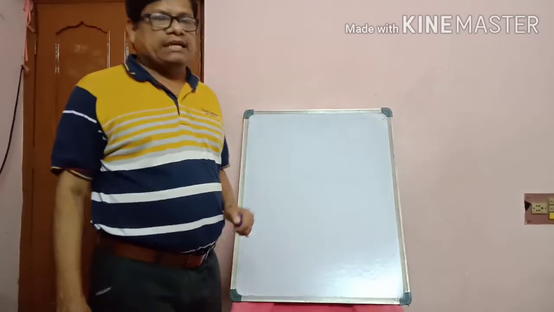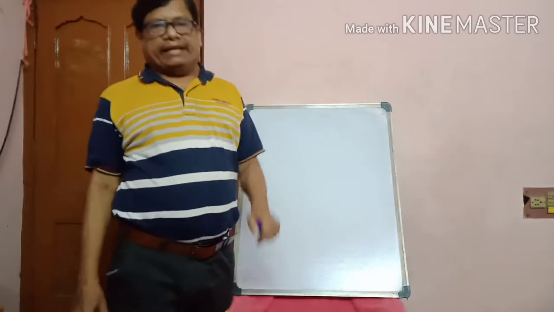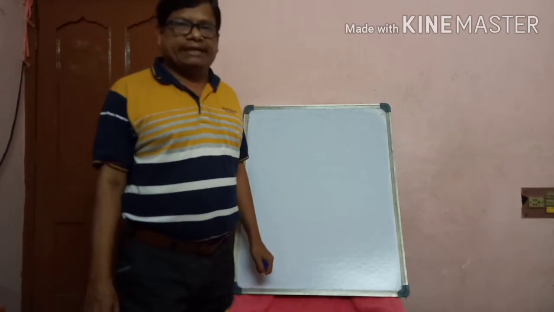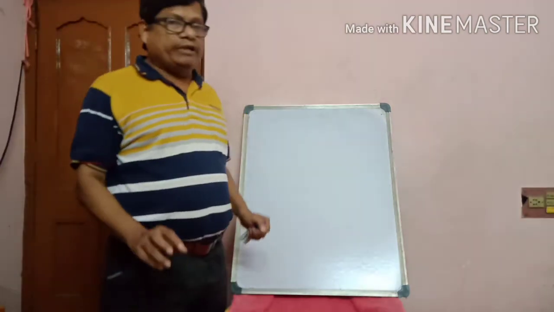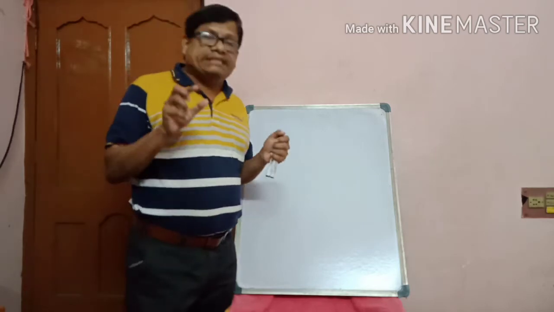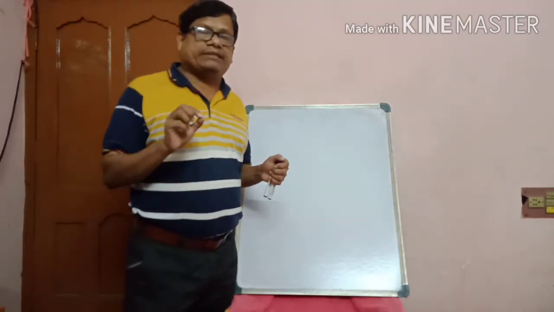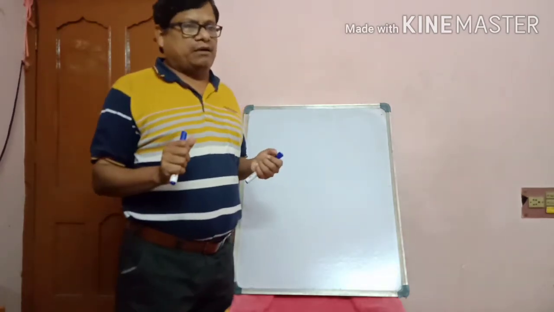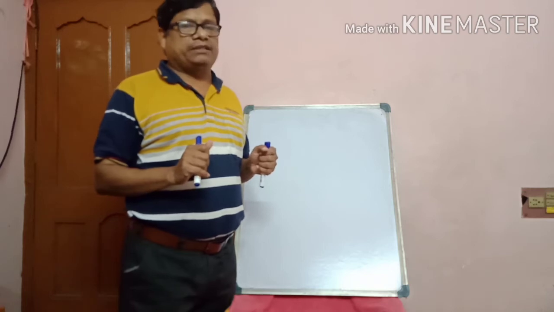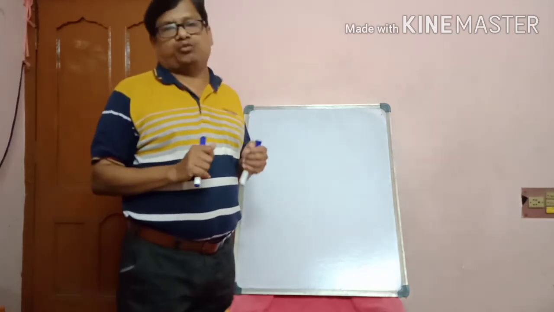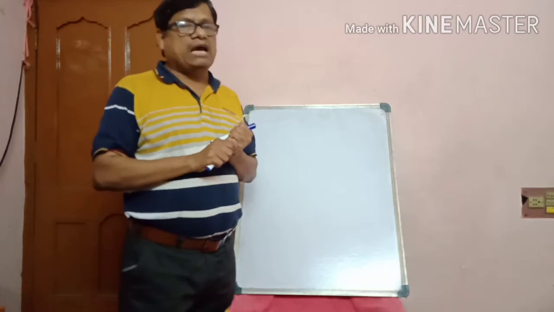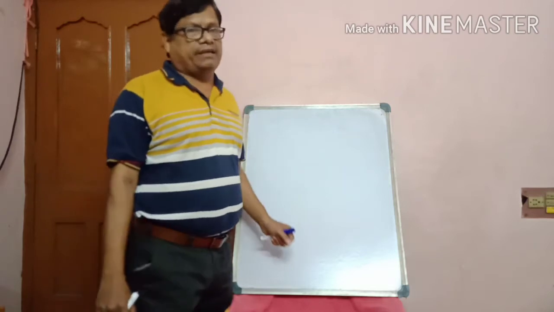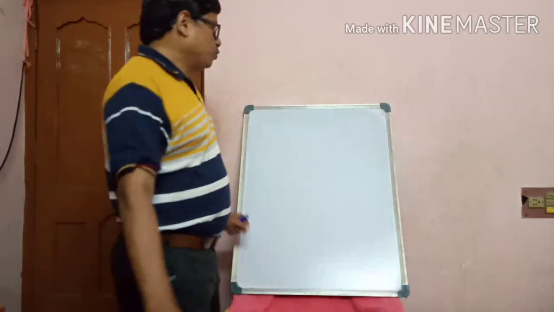In previous class, I have already discussed triangle, straight line, linear pair, complementary angle, everything I have discussed. Now discuss the sum of the angles of a triangle is 180 degree. All of you know the sum of the angle of a triangle is 180 degree. But how to prove? My question is how to prove the sum of the angles of a triangle is 180 degree. Okay, look at the book.